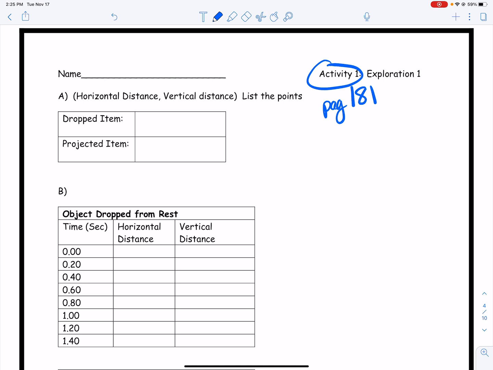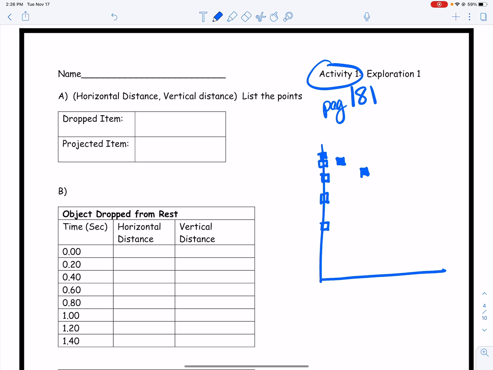So I'm just reading it. In the introduction, you investigated the paths of freely falling objects. In this activity, you model these with parametrics. Consider 2 falling objects. One is dropped straight down from a height of 10 meters, and at the same instant, the other one is pushed from the same height. So you have a graph in your book, and it has these filled in squares, and it kind of goes down like this, all the way down,